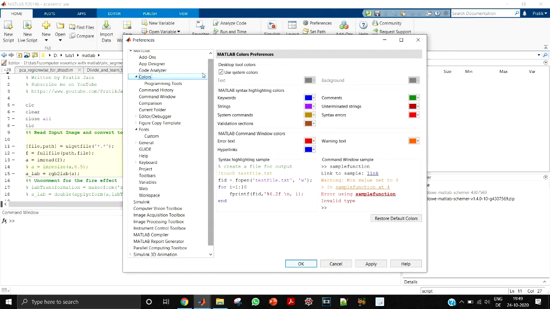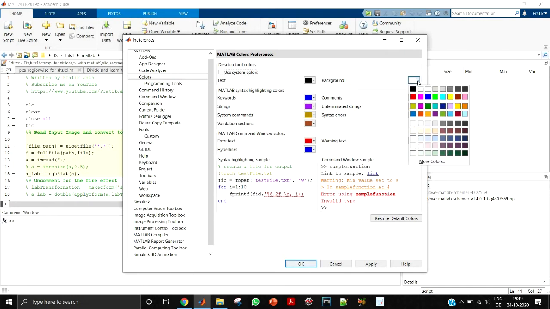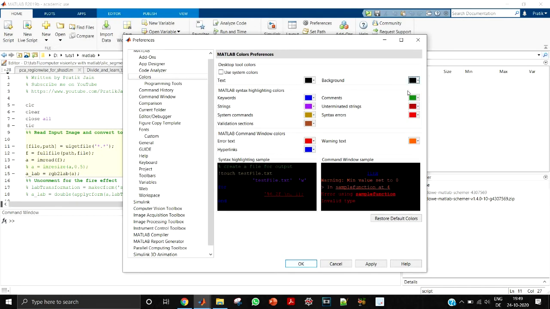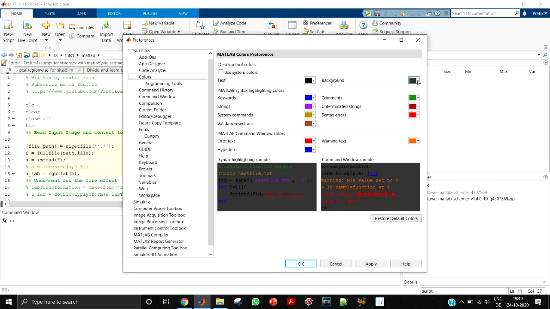The thing that we are going to talk about today is colors. So go to Colors, and over here you can just uncheck this option so that you can now use any color that you want. It says for background it is white, so you can change this by yourself. If you are a dark mode lover, then you can have your background as black. If you feel this is too dark, you can always choose some other color. You can choose a dark blue color and so on. So that depends on you.